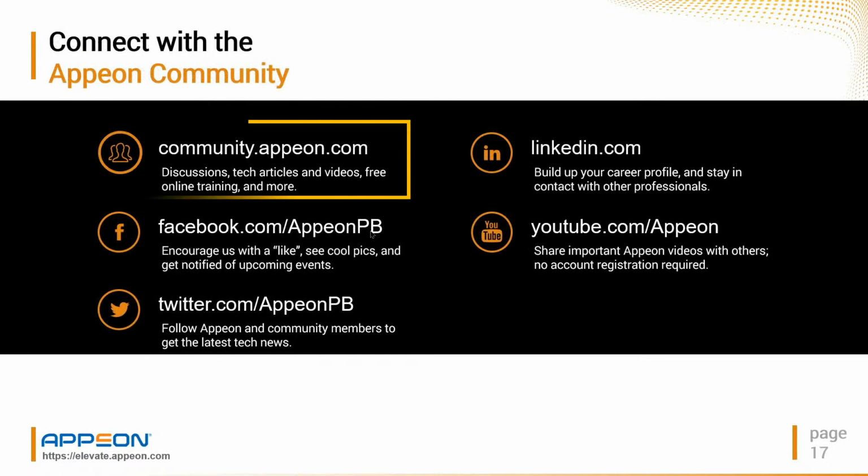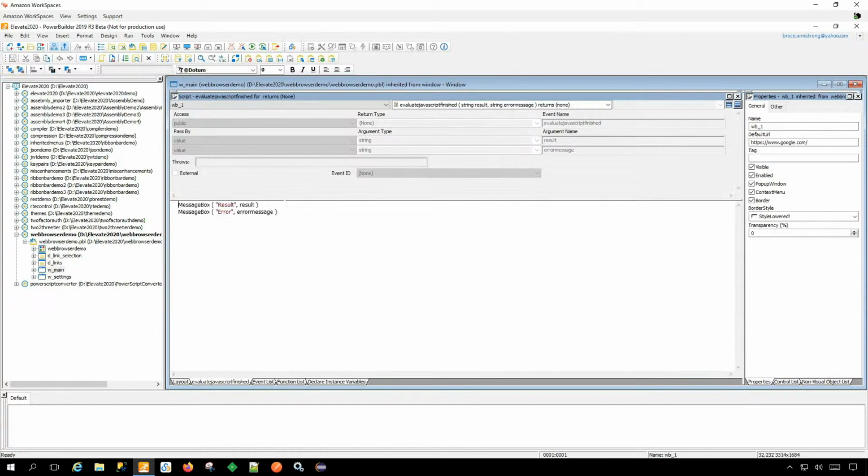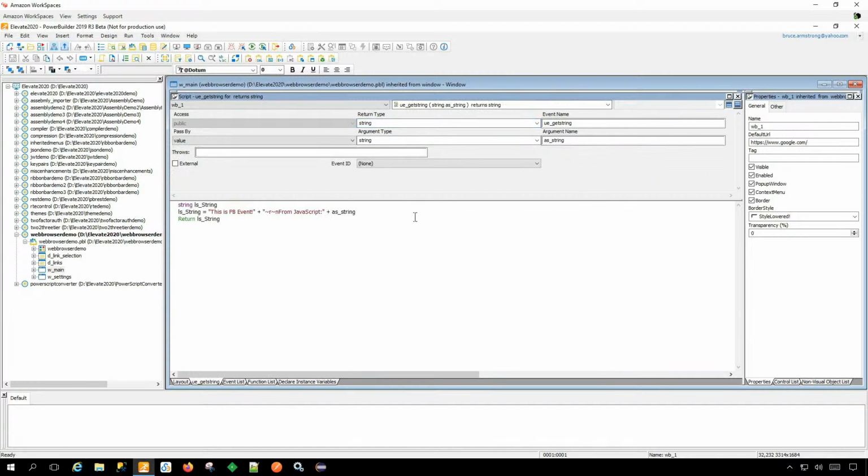Okay, so before we finish up here, let's take a look and see what the control really looks like. So here's my sample application where I try to demonstrate as much as I can of all the different features that I discussed during the session. One of the things I wanted to point out here, this is my custom event that the JavaScript is going to call. It's going to take a value that JavaScript is passing in and return this much longer string back